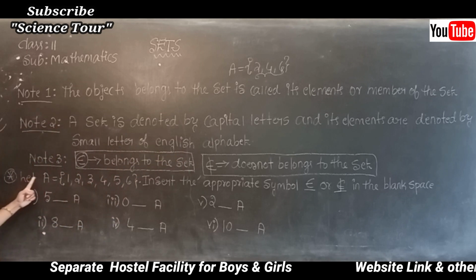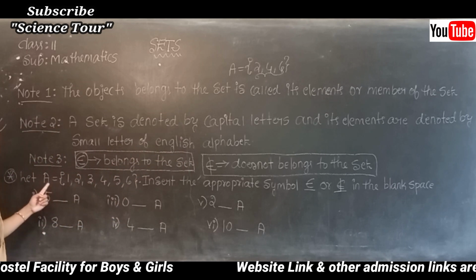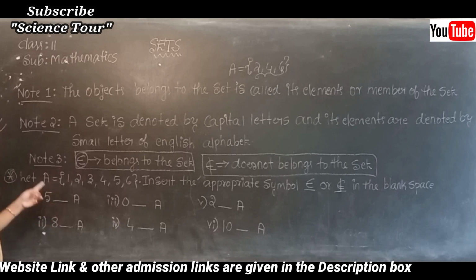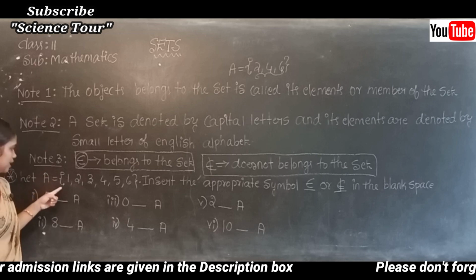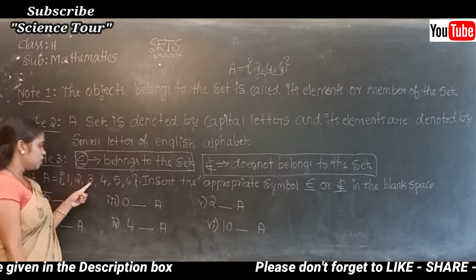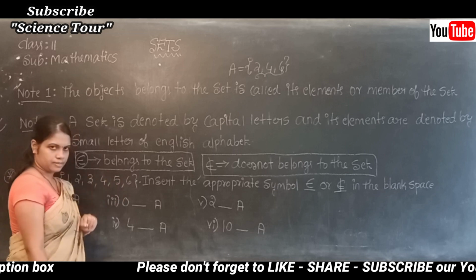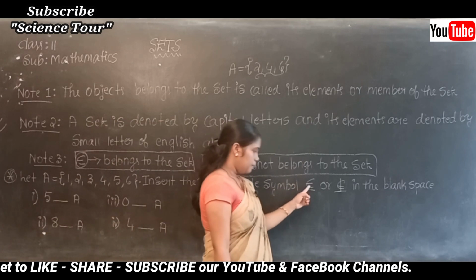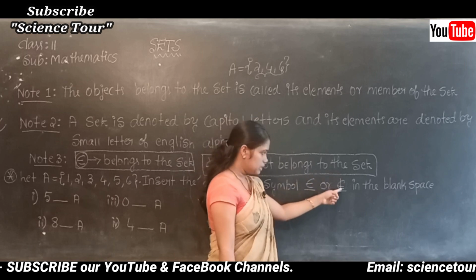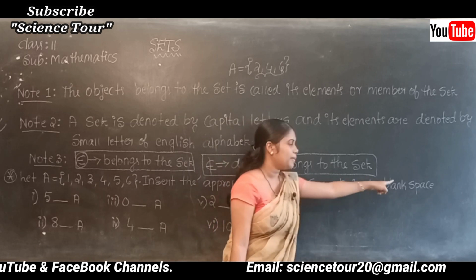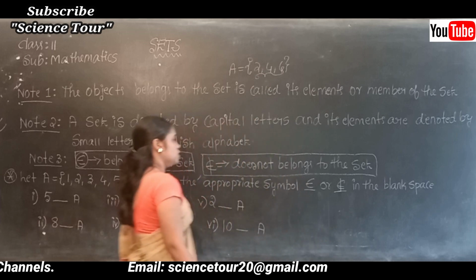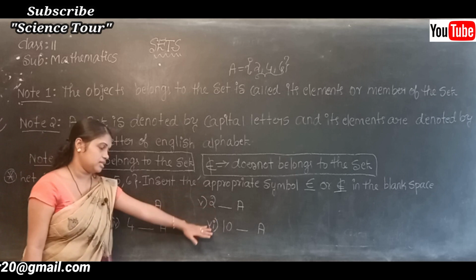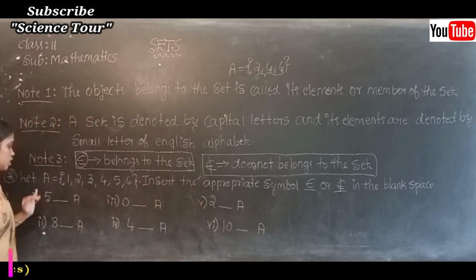See, let A is equal to, capital letter A we used here because a set is denoted by capital letters. Set A is equal to the set containing 1, 2, 3, 4, 5, 6. Insert the appropriate symbol, belongs to the set or does not belong to the set, in the blank space. So here 6 questions are given. 1, 2, 3, 4, 5, 6. There are 6 questions. So in the first question,